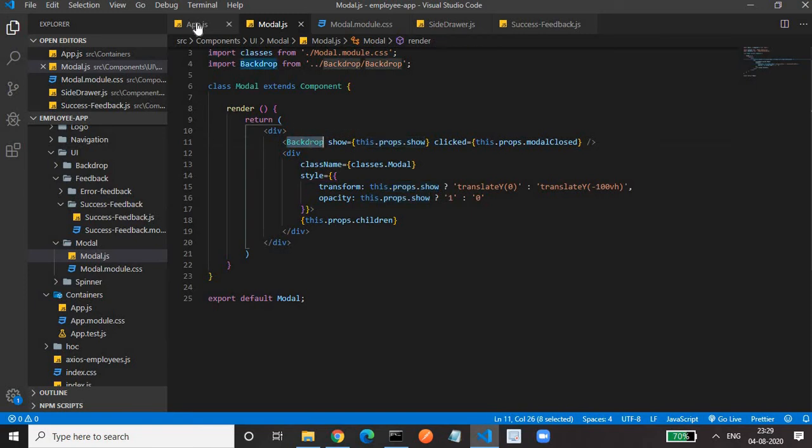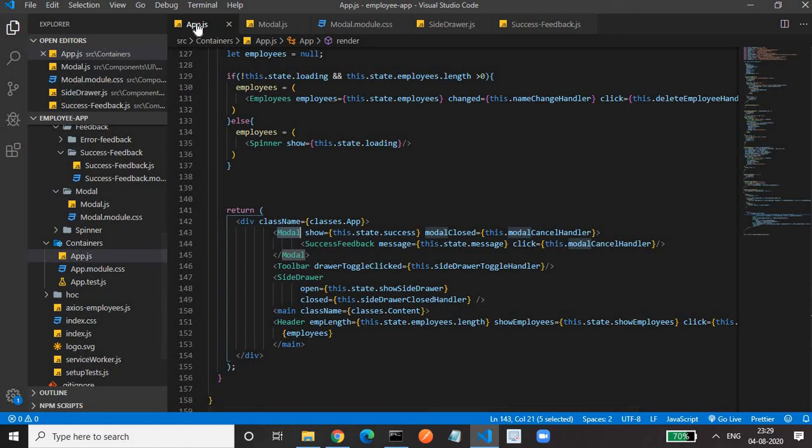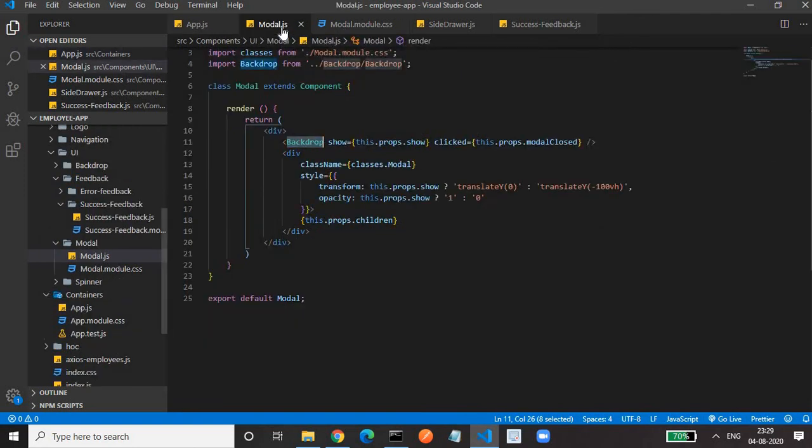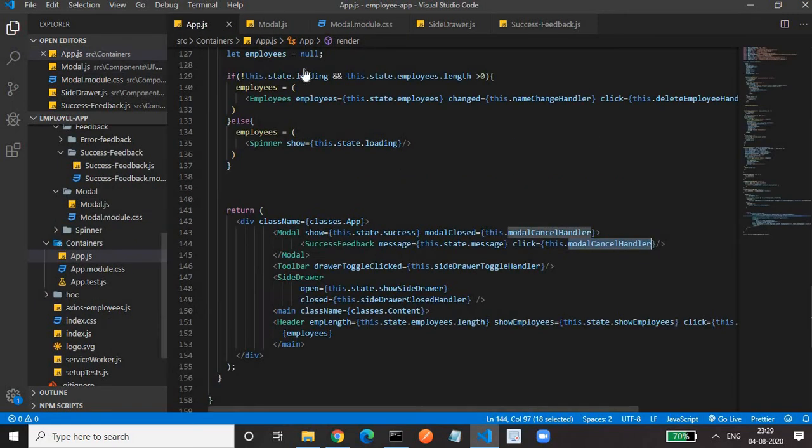And on click of the OK button in success feedback, or in the modal, if you go to the modal, for dismissing the backdrop, also we are passing the same function. So this is the function in which we are making the success as false.